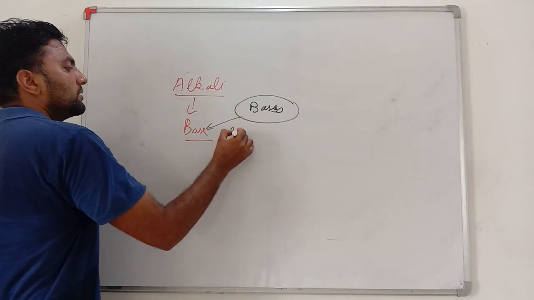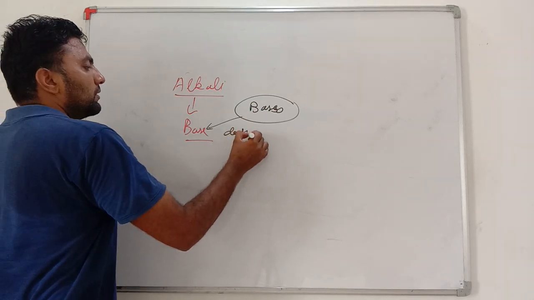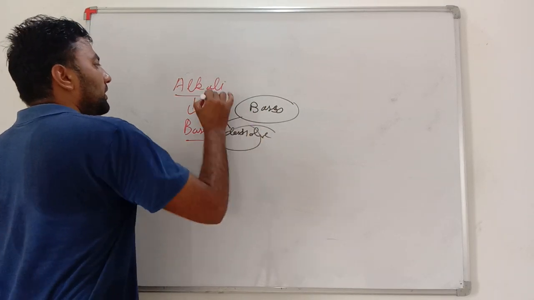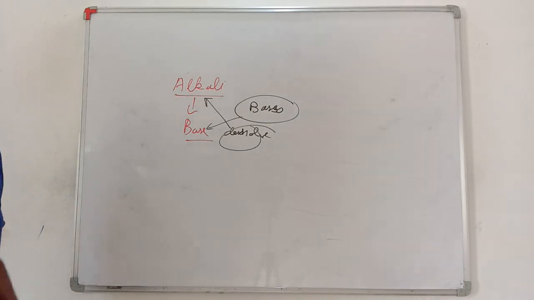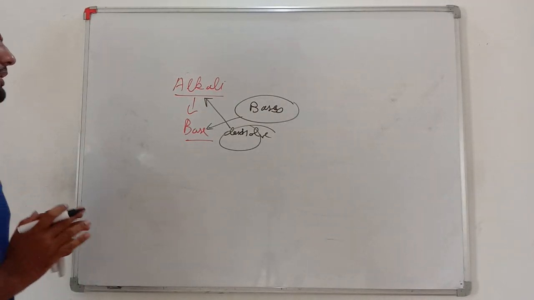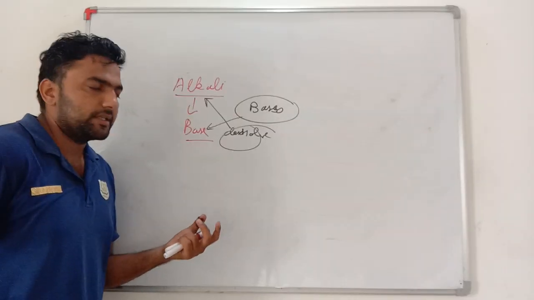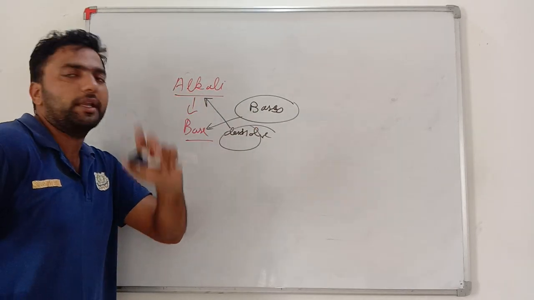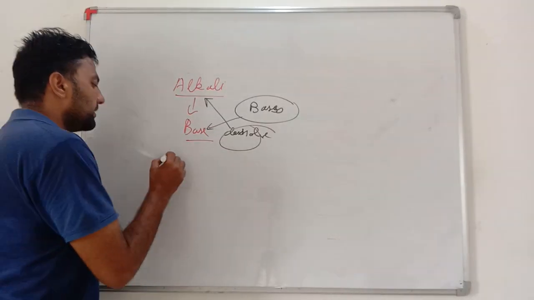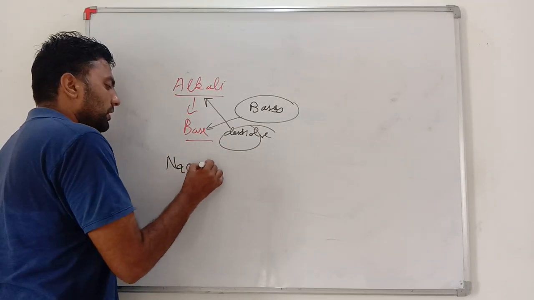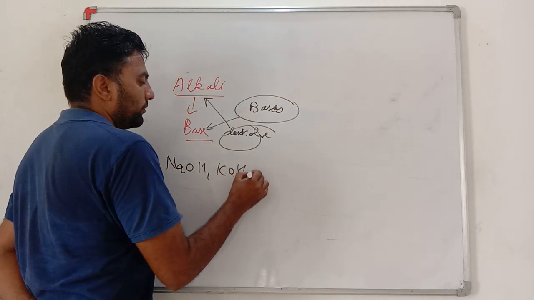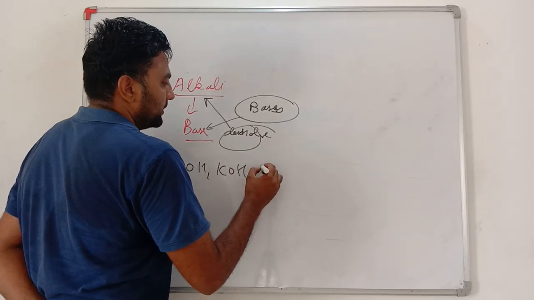Bases which dissolve in water are known as alkali. In 10th standard, if you are doing any experiments with bases, just take it that all are alkalis. Examples are sodium hydroxide, potassium hydroxide,